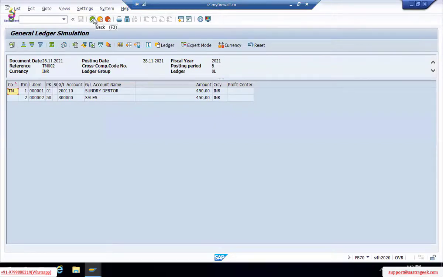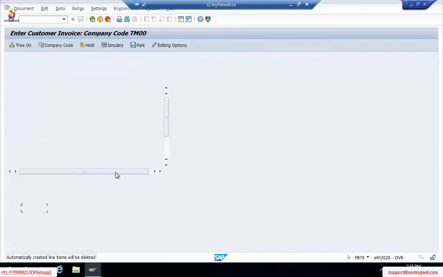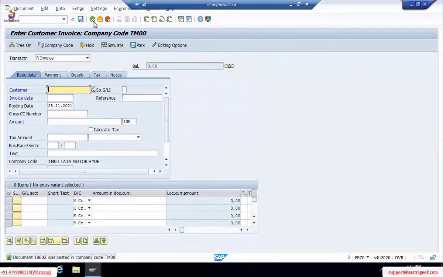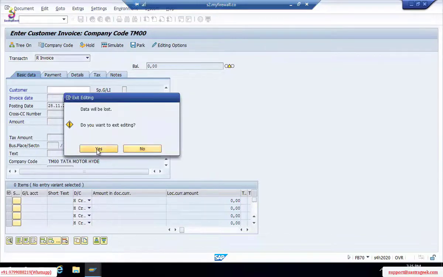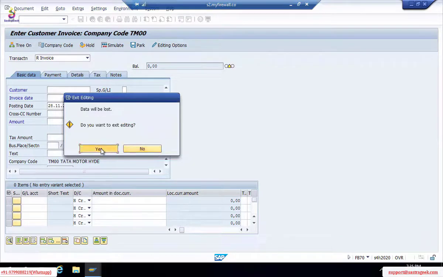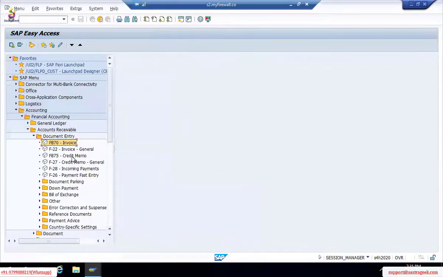Customer is a reconciliation account. Okay, so this is one way of posting. F-22 also serves the same thing.